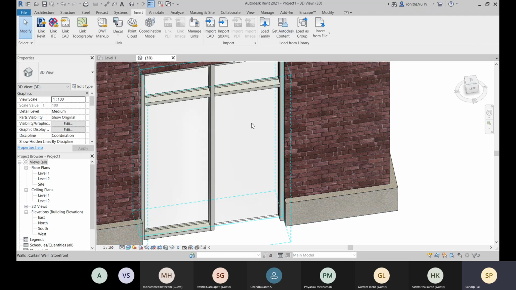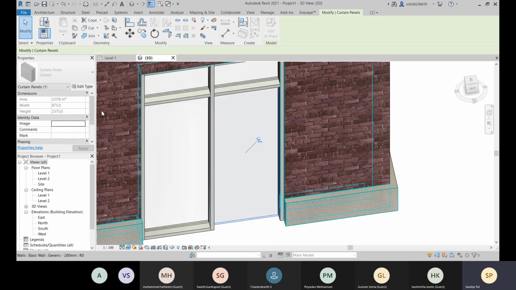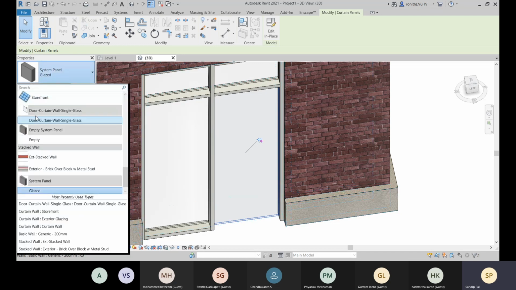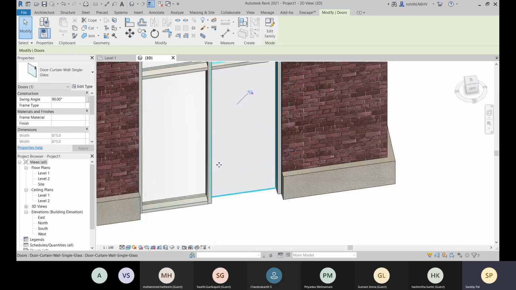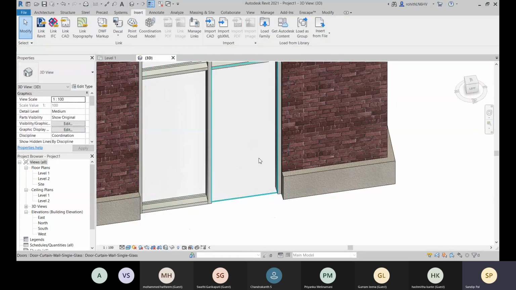If you want to choose this panel, press tab, then you can separately select any component of this curtain panel. Right now I'm selecting this one, and within this type selector I can change it. Before that I have to unpin it, then I can change it, and I will select this door curtain wall single glass panel. If I need to change the orientation, I will simply select this and press space bar to change the orientation.